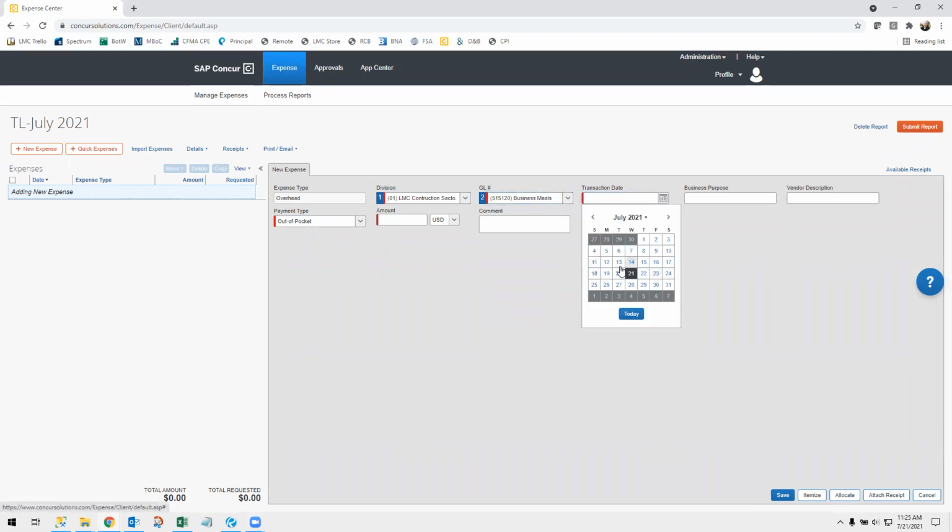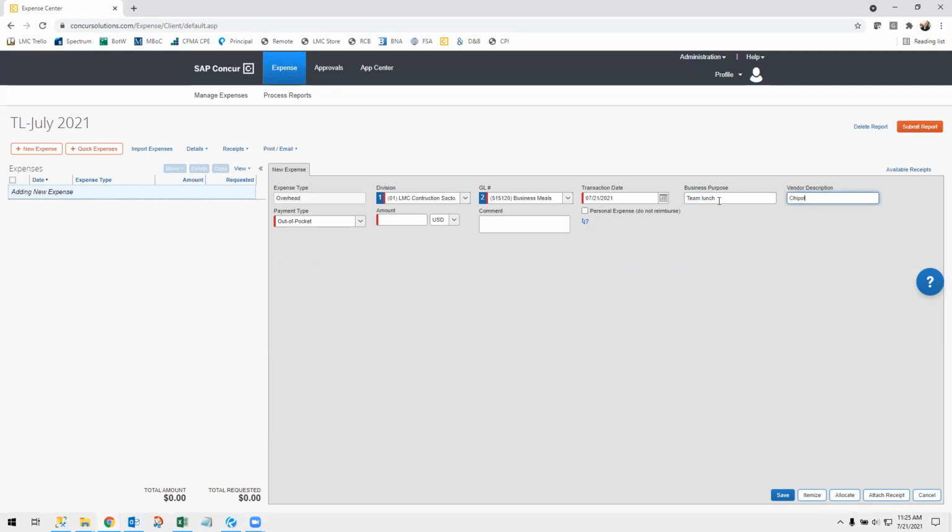Transaction date, you can put whenever it was. I'm just putting in today for these ones. Let's say this was a team lunch. Vendor description is Chipotle. And the amount is $48.30. The comment section, again, this is not required, it's not read here, but I do recommend if you